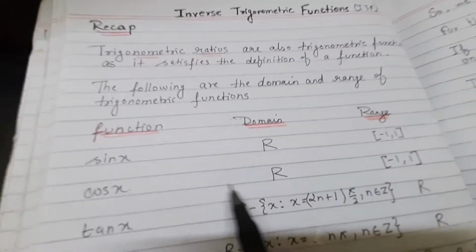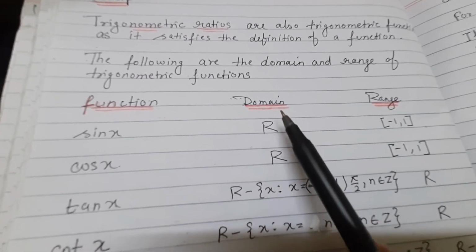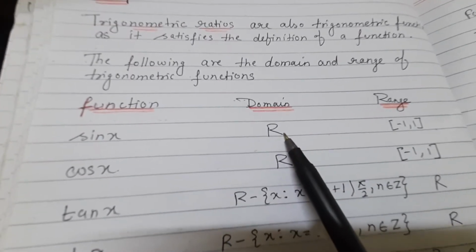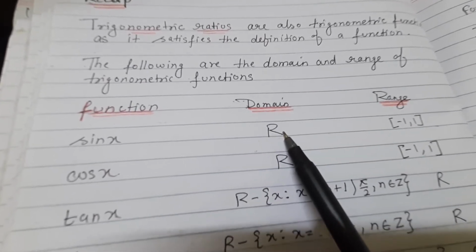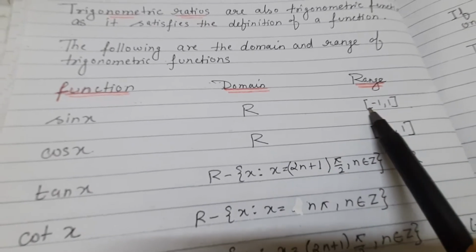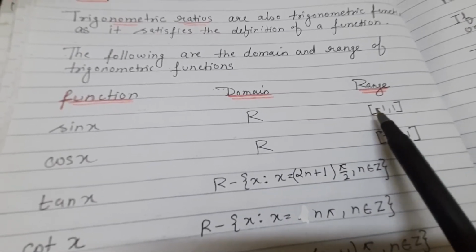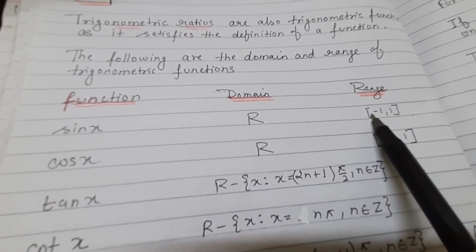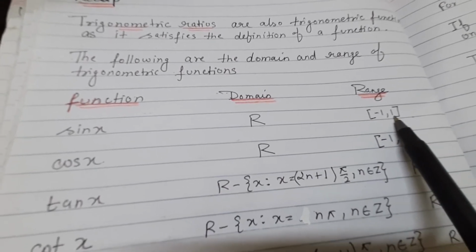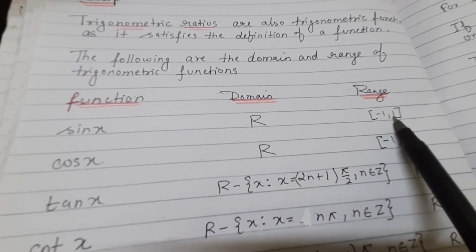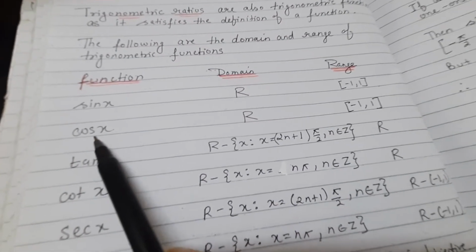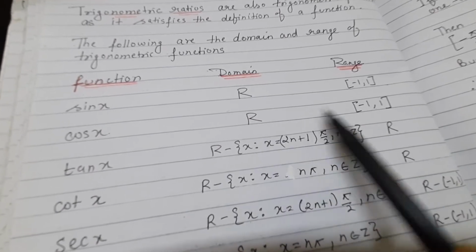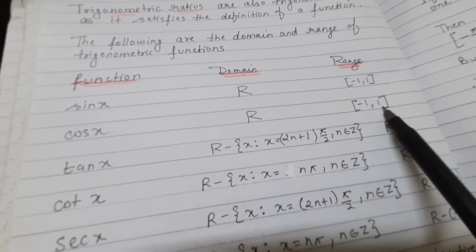We have done this in class 11. The domain of sin x can be R; it can be any real number. We can take sine of 1, sine of 2, sine of 3, and the range, the value we are going to get, is always in the closed interval -1 to 1. That means sine can take a maximum of 1 and a minimum of -1. Similarly, cos x, we can take any real number and get a value between -1 and 1 again.